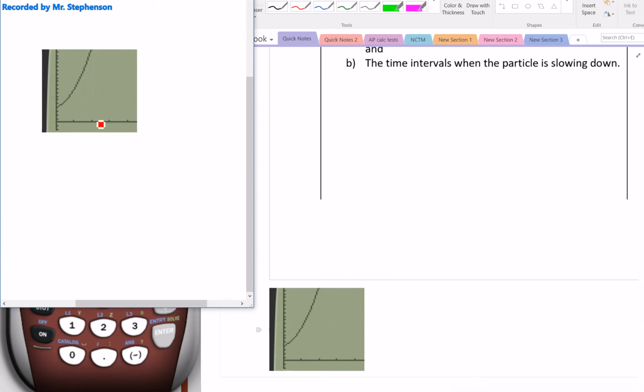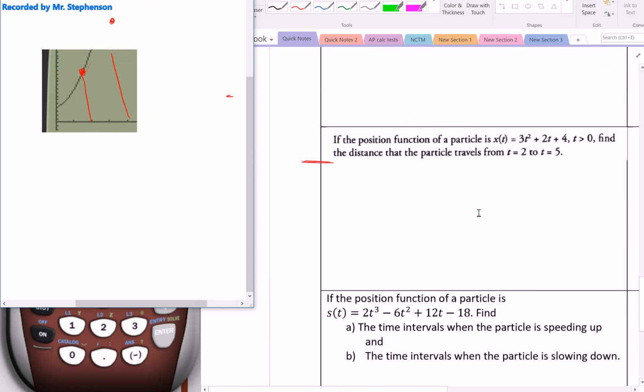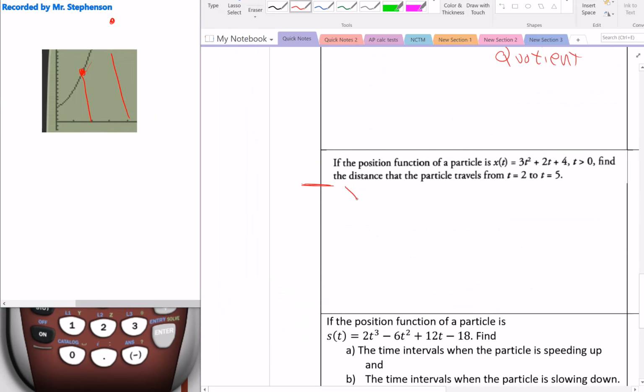Right, that's not working. So anyway, from 2 to 5, I want to know what's the distance from 2 to 5? I just basically need to find the change in position from 2 to 5 in that case, because it never changes direction, right? So I'm simply finding x of 5 minus x of 2, and that will tell me the distance. This would be different if I had gone down at any point, because then you would have to add all these negative